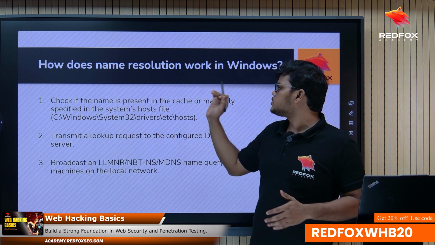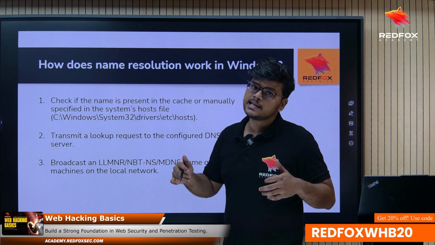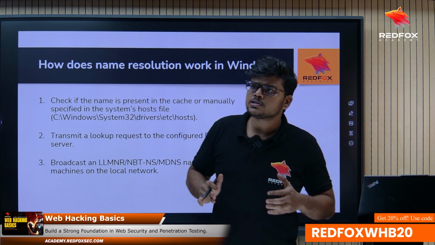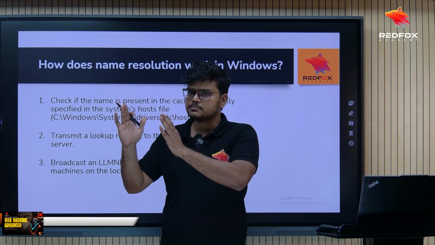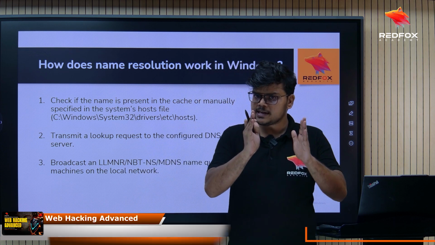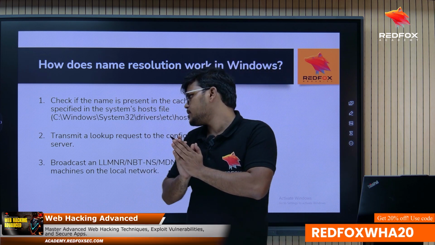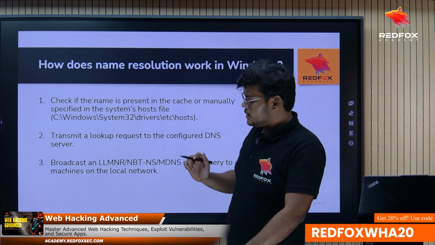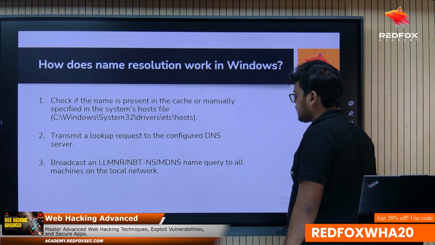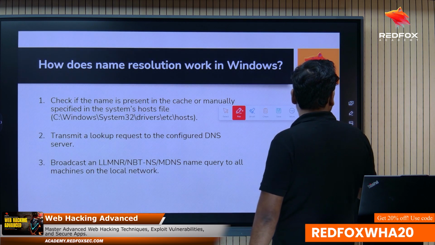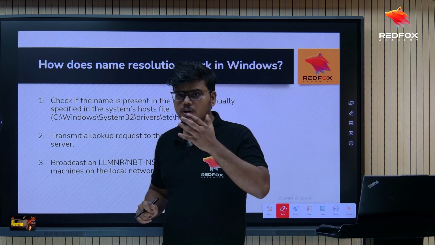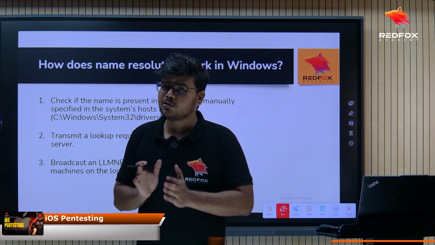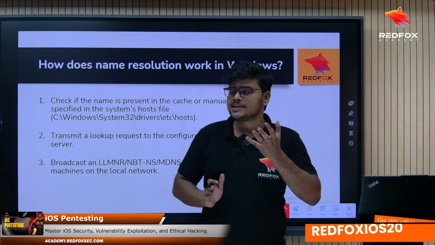So how does name resolution work in Windows? Before that, what is name resolution? Name resolution is nothing but mapping IP addresses to host names. Okay, mapping IP addresses to host names. Correct? Why do we need this mapping of IP addresses to host names? Because IP addresses were very